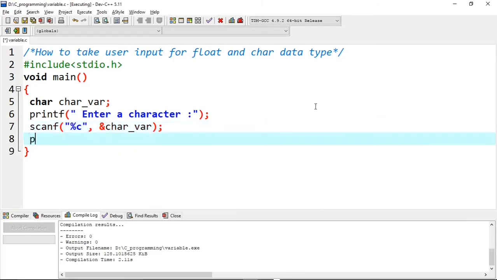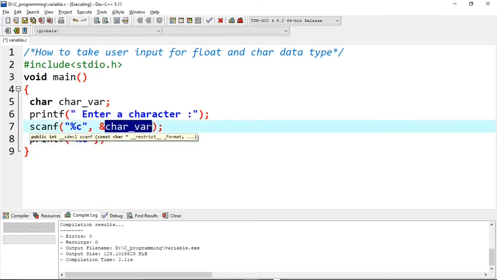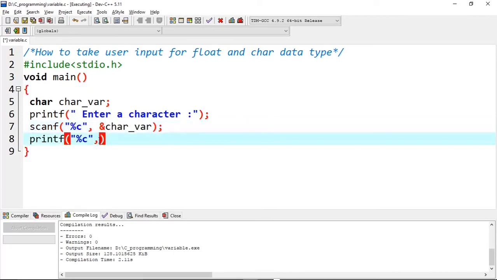Once you take it, then you can write a printf statement. Here we won't write %f, we won't write %d, rather we will write %c, and then simply write the character variable, which is nothing but this one. Don't make the mistake of putting an ampersand here, otherwise the address will be printed.